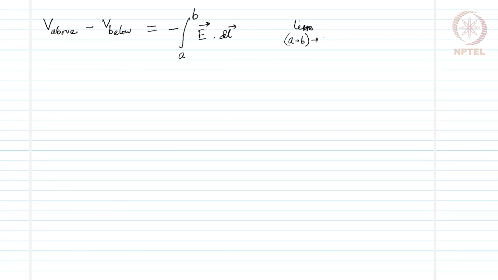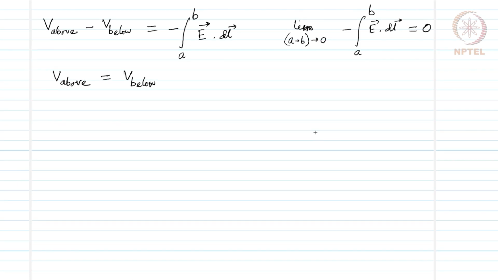When the length of this path tends to 0, then this integral, minus integral over a to b E dot dl, goes to 0. That means the potential above the plane equals the potential below the plane. There is no discontinuity in the potential, and potential being a scalar has only one component, so it is continuous,